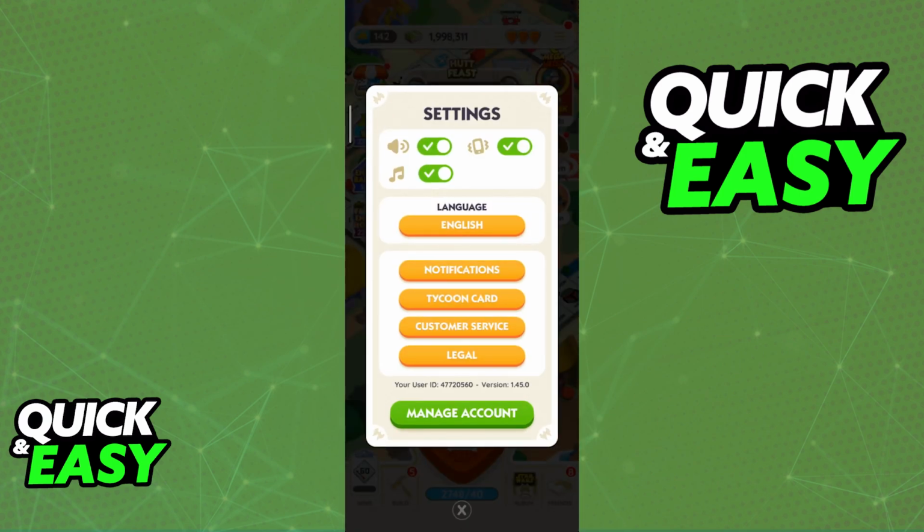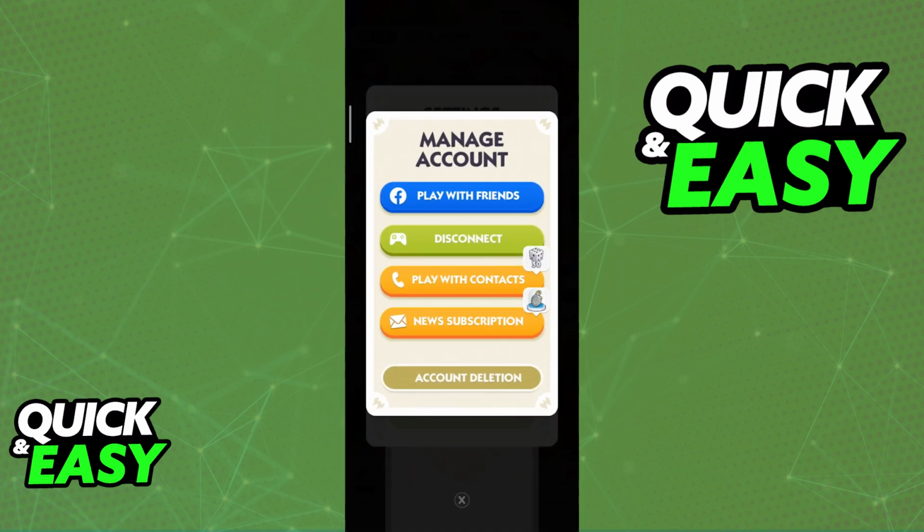I hope I was able to help you on how to log into Monopoly Go and link